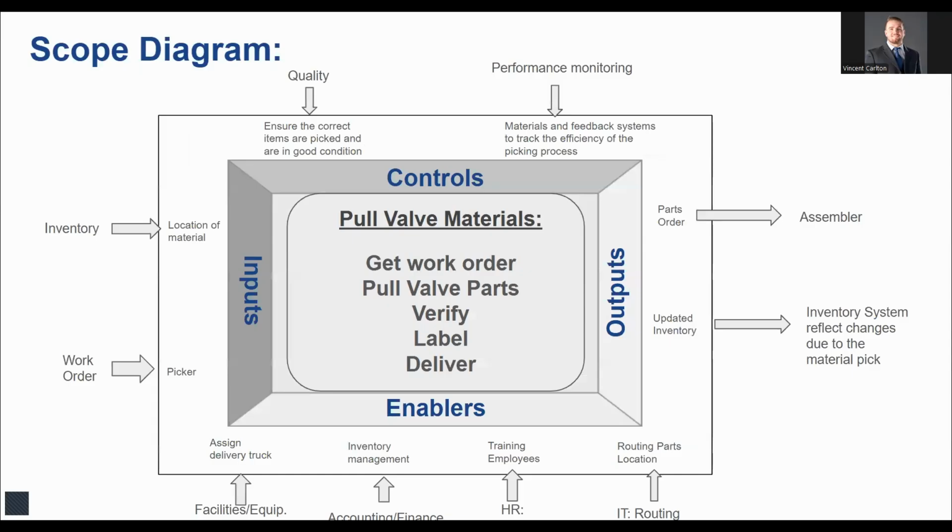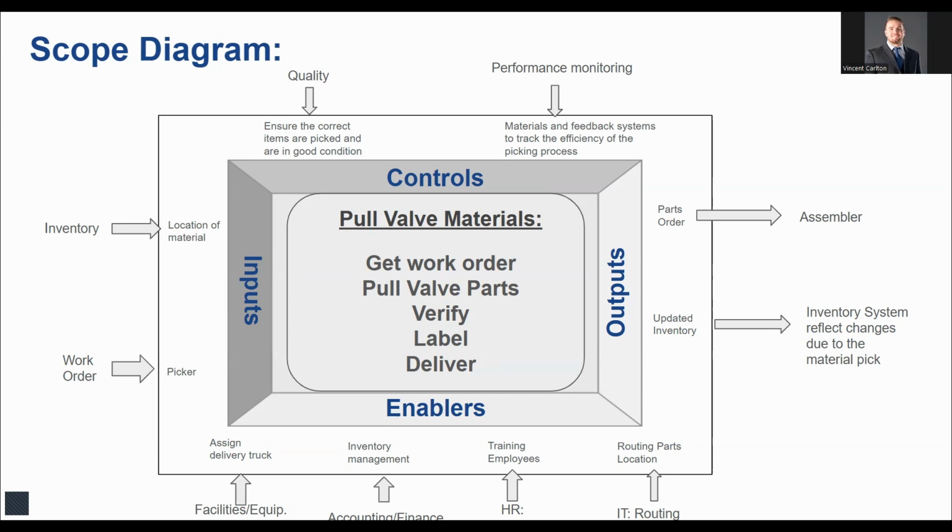In doing this, we also developed a scope diagram. This basically attributes the entirety of the process itself, so we can identify what's in scope and what things to address moving forward. It talks a little bit about the context surrounding that process, and as a couple of examples for the pulling valve materials process as a whole, we attributed the different